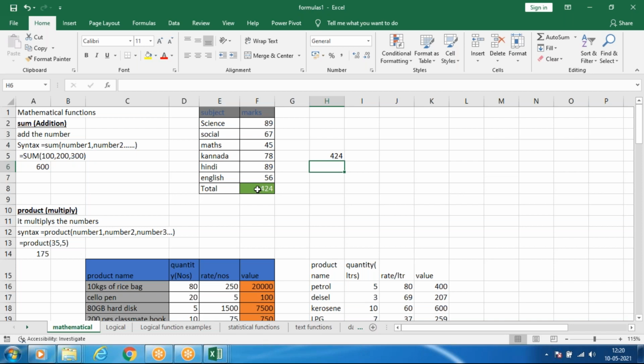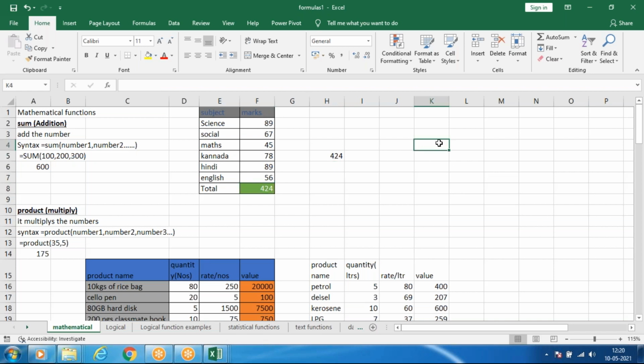So what is the difference between auto sum and selecting the range manually? In auto sum, you have to go to the cell below the last row, or next to the last column. Only there can you find auto sum. But when you want to find the total wherever you want, you have to use the formula manually.